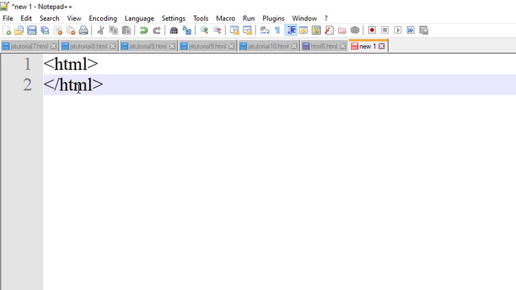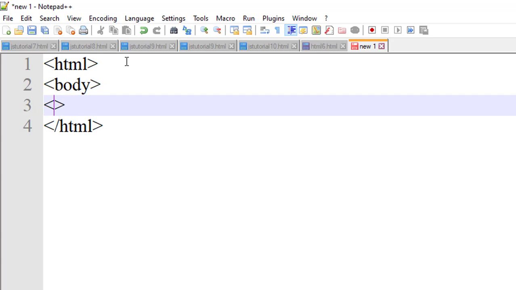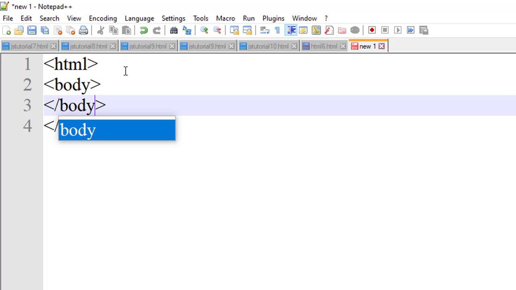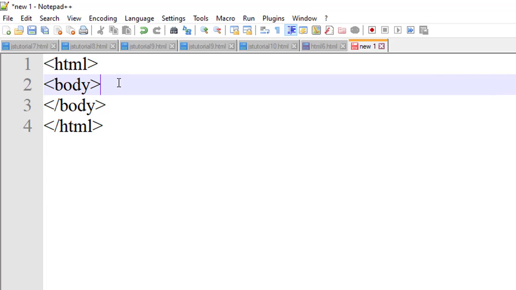In the HTML we will do the coding in the body section, that's why body section open and body section close. As I have already told you, the tag which is open, it is compulsory to close that tag. And to close that tag we will use the backslash.